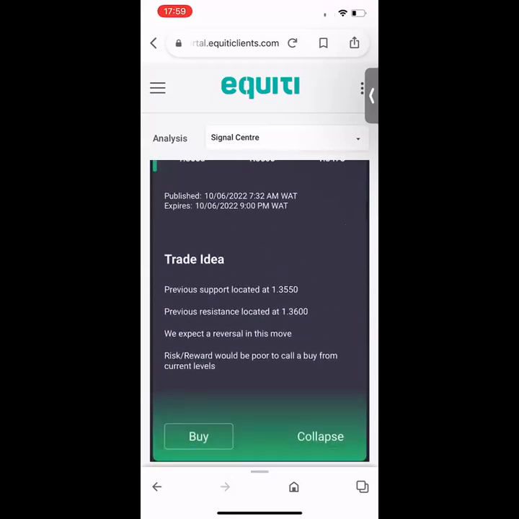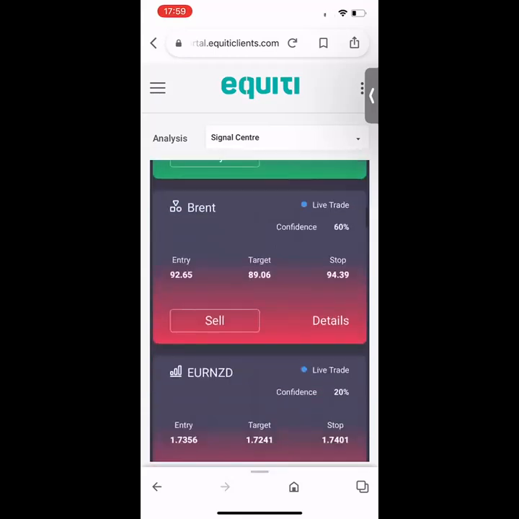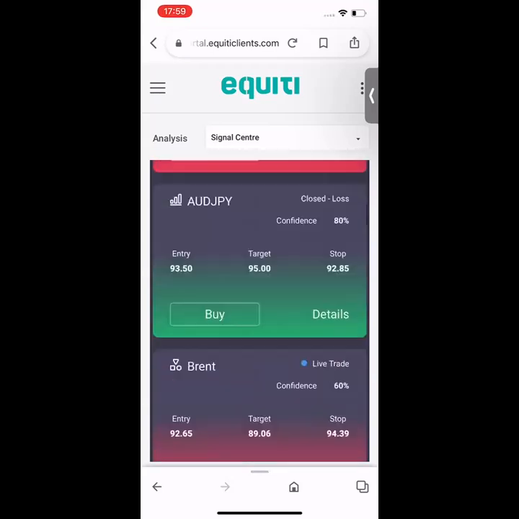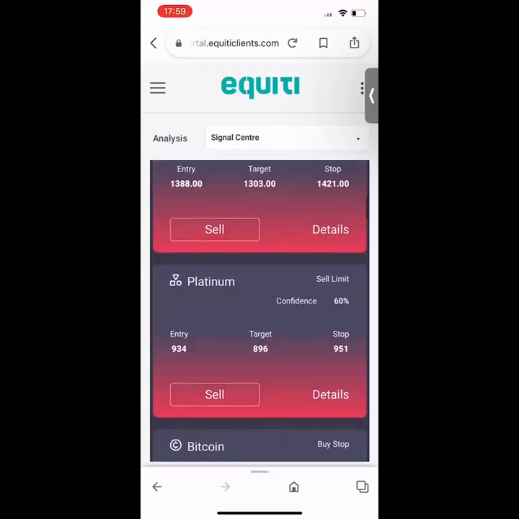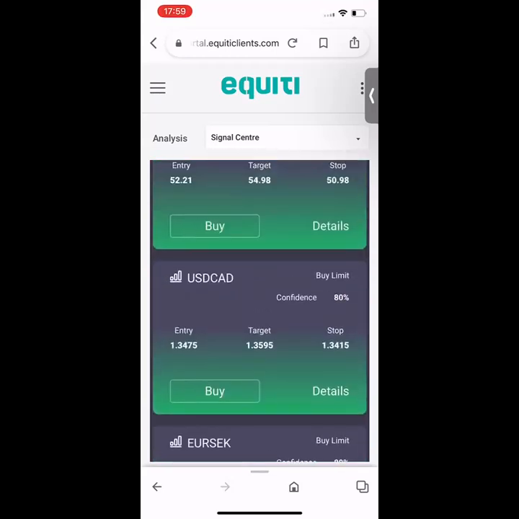So let's collapse, and if we collapse, we will be back here. Okay, so where is it? Okay, so this is it. So if I want to place my trade on USD CAD on my trading platform,